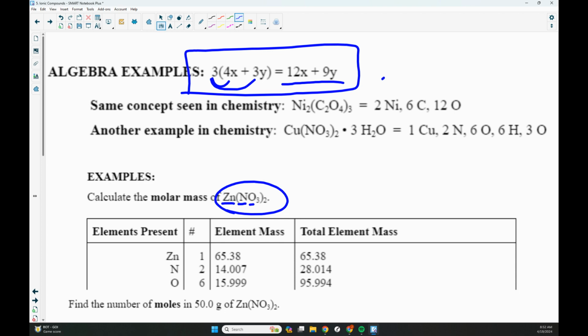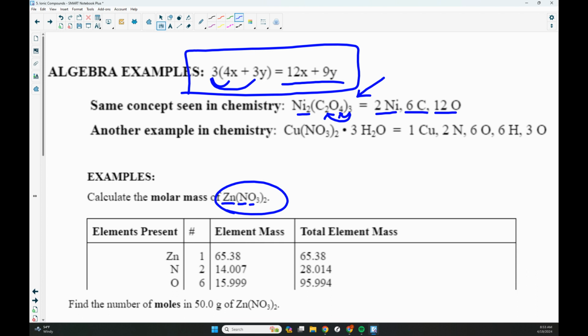So we have this compound right here, which is nickel dichromate. And we need to figure out how many nickels, carbons, and oxygens there are per molecule. So the way that we do that is we've got to distribute this 3 through here. So we have 3 times 2 for carbon, which gives us 6 carbons. And then we have 3 times 4 for oxygen, which gives us 12 oxygens. And then we have 2 nickels here. So those are all the parts that we've got to add up when we determine the molar mass for that